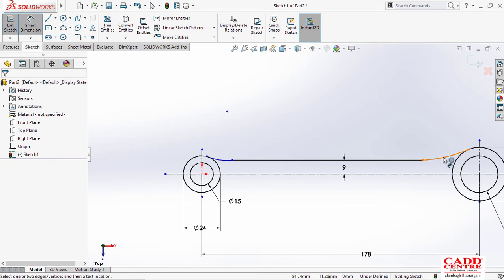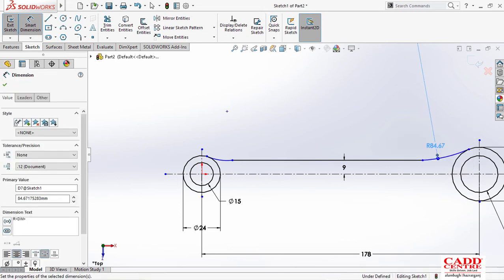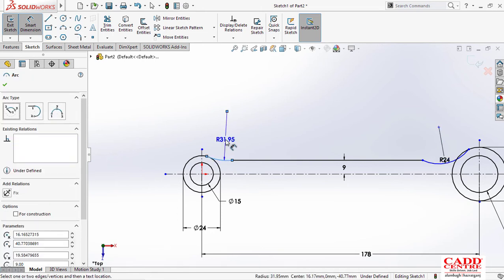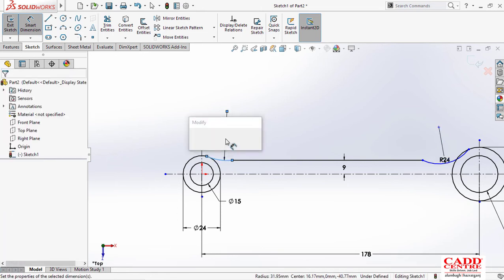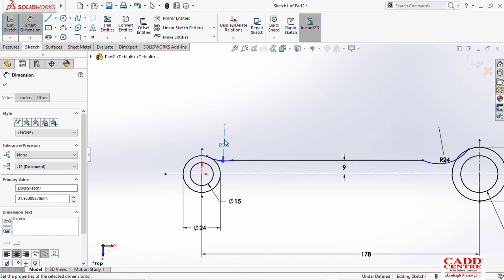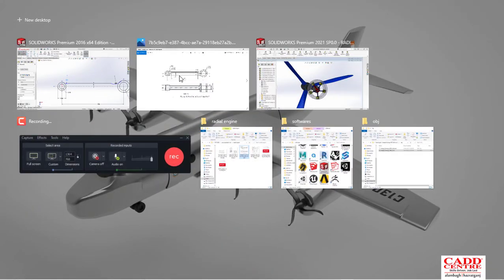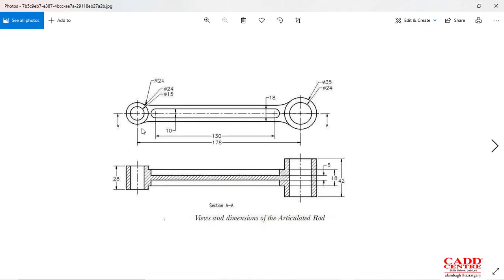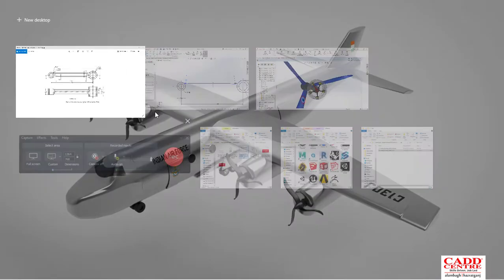So select this one and provide 24. This one is also 24, so provide 24 here also. Let me cross check this: they have only given one radius.